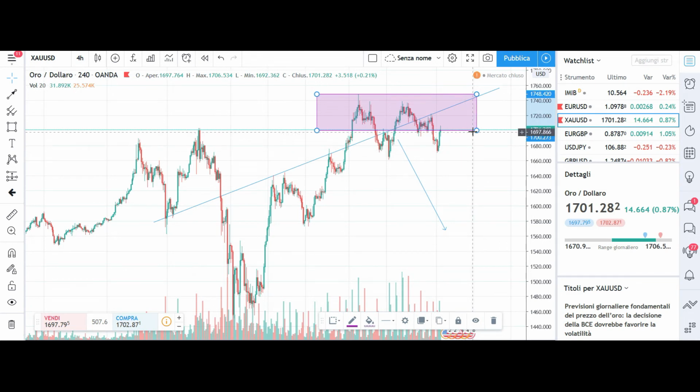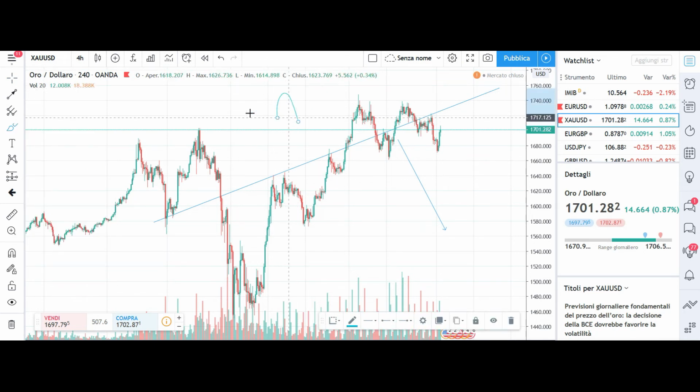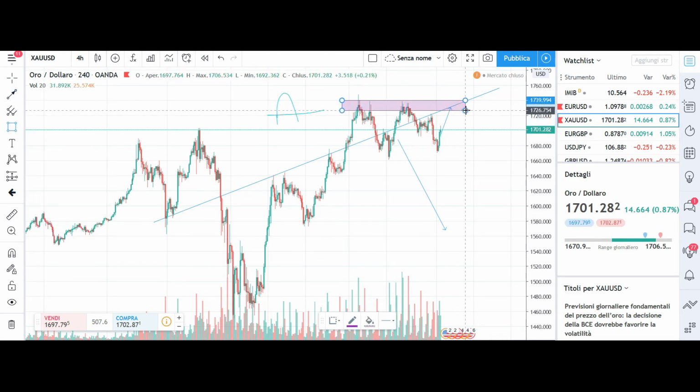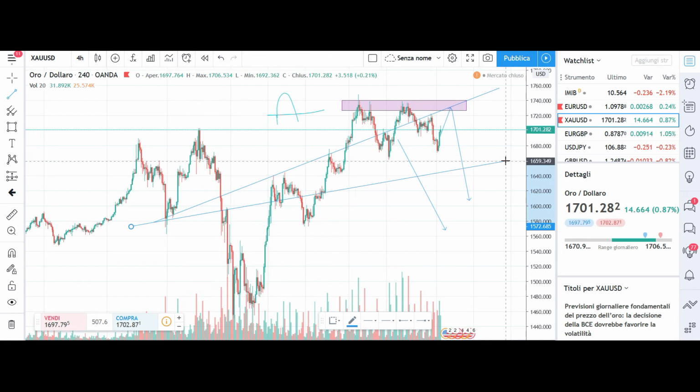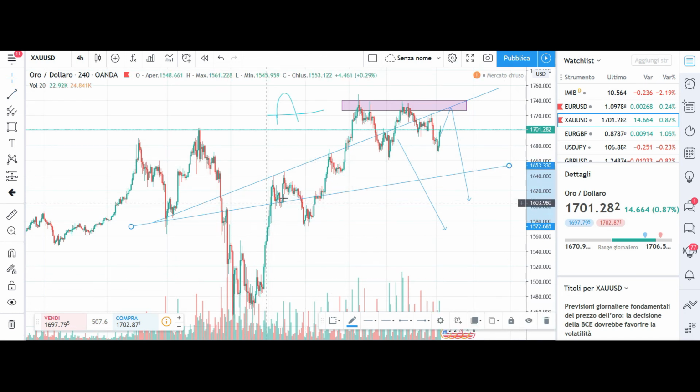Looking at this scenario right here, what I think would happen, so my plan A, is the price will keep increasing to my resistance, and around this price here I will definitely look for a short position to my support, which is roughly here. As we can see, it worked at support here, worked at support here. It was tested many times and it worked. So definitely looking for